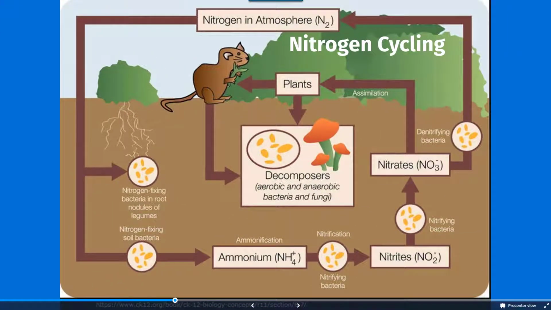As far as nutrient cycling goes, we find a similar kind of image here, or pattern. We have organisms that are going to ingest those primary producers. They are going to either defecate or die, and basically decomposers are going to break them down into smaller pieces. We also find that there is some form of nitrogen-fixing bacteria or nitrogen-fixing organism